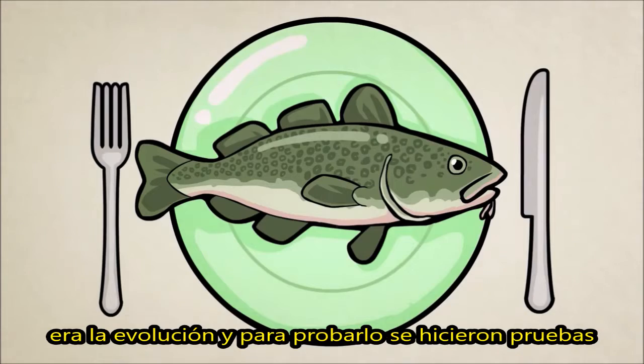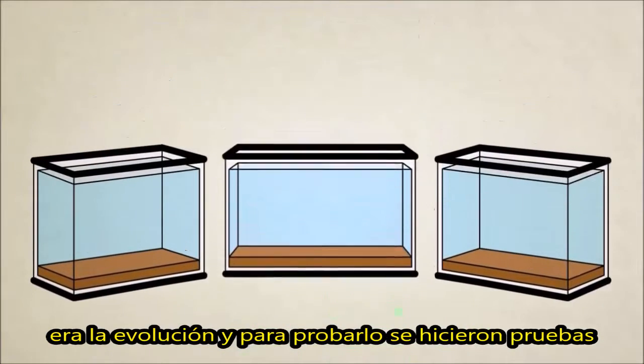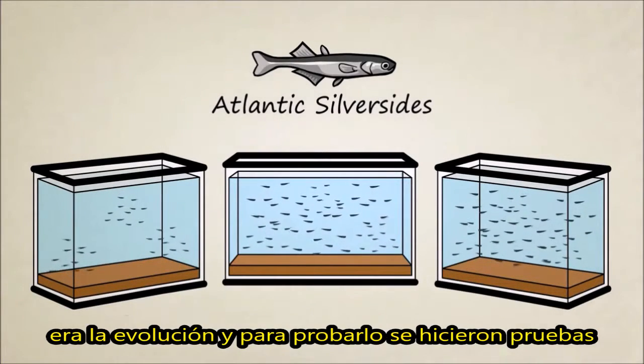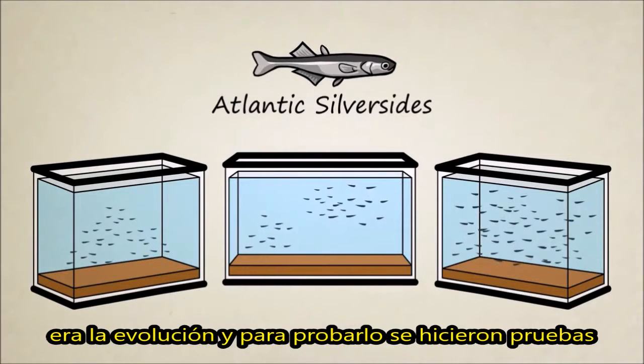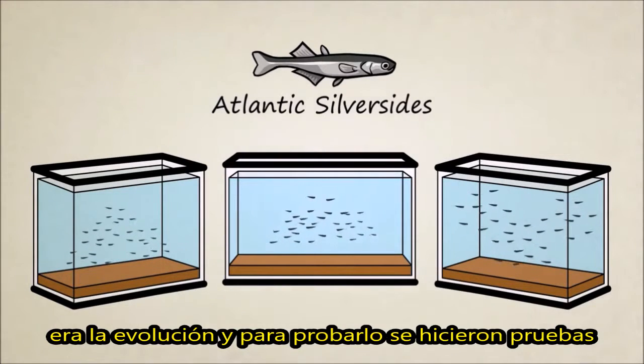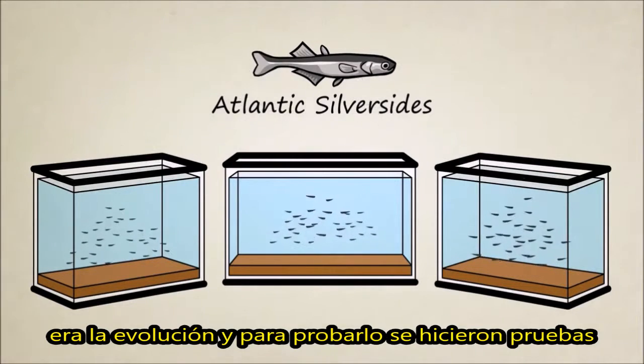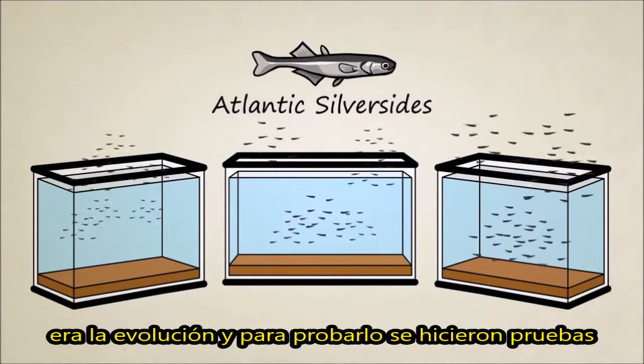To test his hypothesis, Dr. Conover and his team set up 3 sets of aquariums, populated each set with 1,000 Atlantic silversides, and fed them all the same diet until they were fully grown. Right before they had a chance to mate, he removed all the biggest fish from the first set of tanks. In the second set, he removed fish at random, this was his control group, and in the third set, he removed all the smallest fish. He let them breed and then repeated the entire process a year later with the next generation.